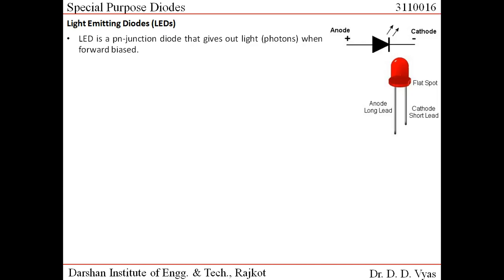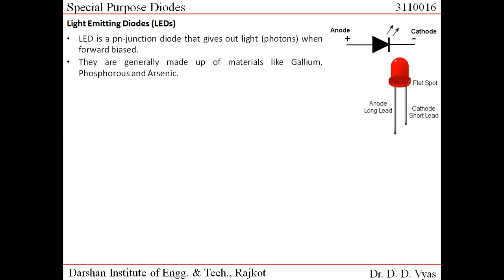Another identification which is given in terms of physical form is that the edge of the LED, if you try to see here, is basically circular with one part of it made a little flat. So it is not circular at this point. Follow my cursor. This point generally, the terminal which is exactly below this point represents cathode. So there are two identifications which we find in LED to identify anode and cathode. One is in terms of the length of the leads, and another is in terms of the flat spot.